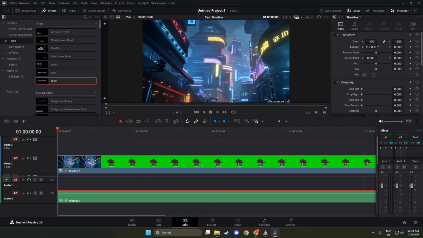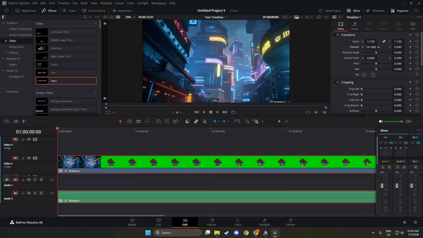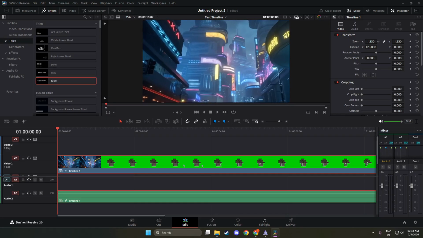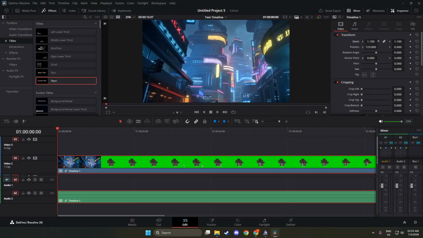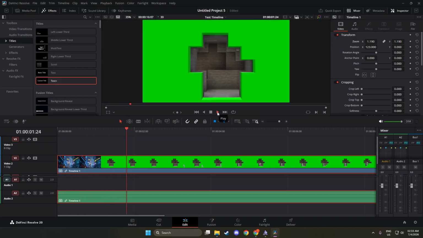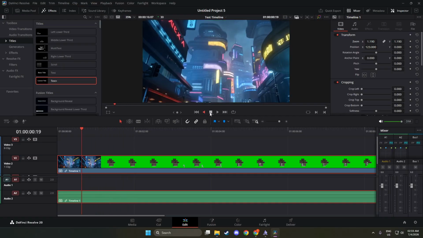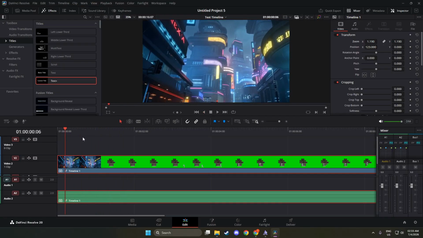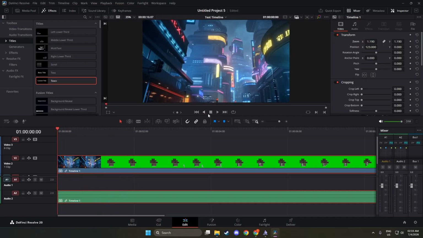Once you have made these adjustments, double-check to ensure the watermark is no longer visible. Play back the clip in the timeline to see how it looks. This is a crucial moment because you want to make sure that your changes have been effective. Watching the clip will help you confirm that the watermark has been successfully cropped out. If it's still visible, don't hesitate to make further adjustments until you are satisfied with the result. This is a common part of the editing process, so be patient with yourself.